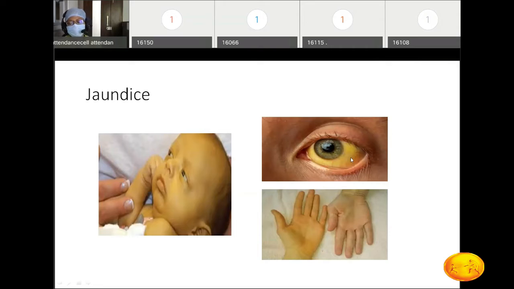The conjunctiva is a very vascular structure, and the pigment gets deposited there and it gets pigmented very easily. That's the reason we detect it there. The third picture shows two hands. One shows the palm, which has a yellowish discoloration, and a normal palm. So you have the skin, mucous membranes, and the conjunctiva, three sites. You can also check the tongue and oral mucosa, which is another place where you can detect jaundice.